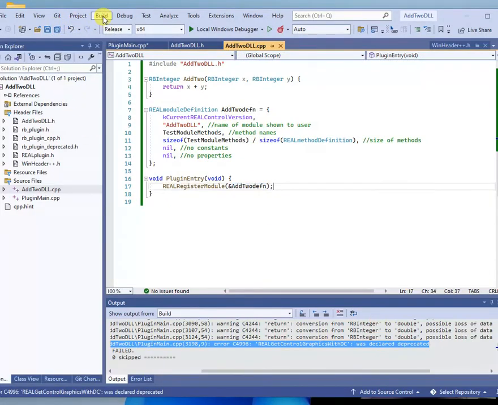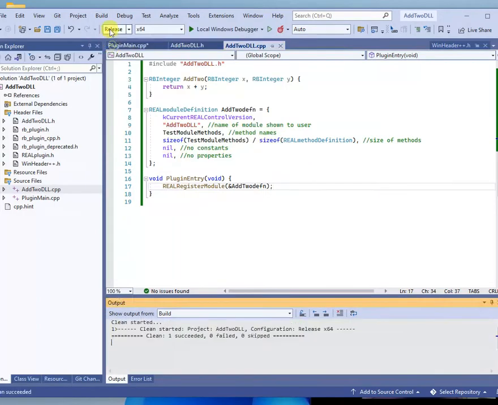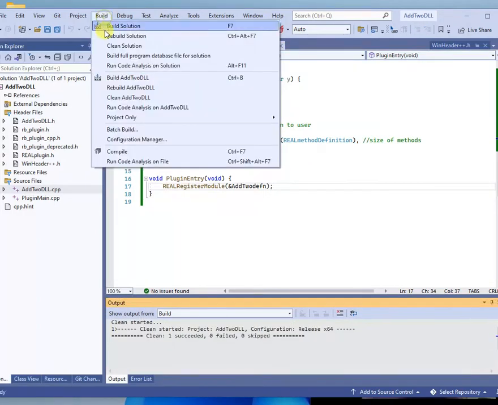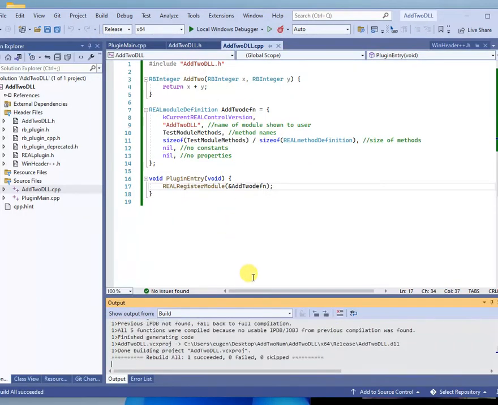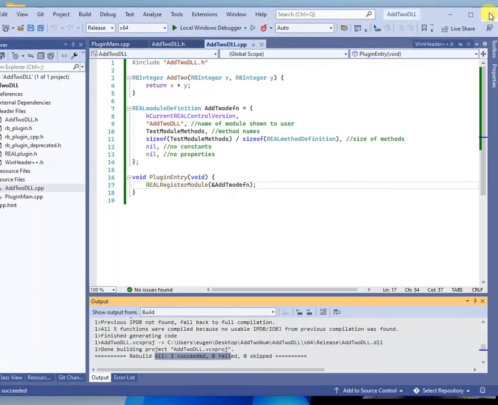So then we'll go back to here. We're going to retry and rebuild it. So we'll clean the solution, get rid of all the errors. We'll rebuild the solution and see if we end up with a successful build. We did. One succeeded. That's what we needed to see. So what I can do now is I can close this out,